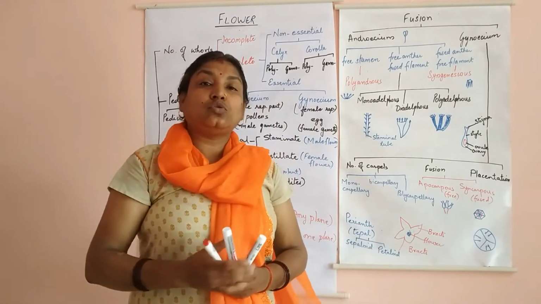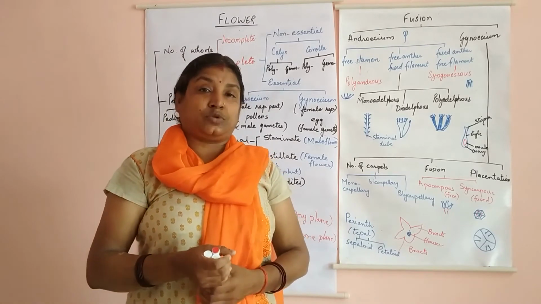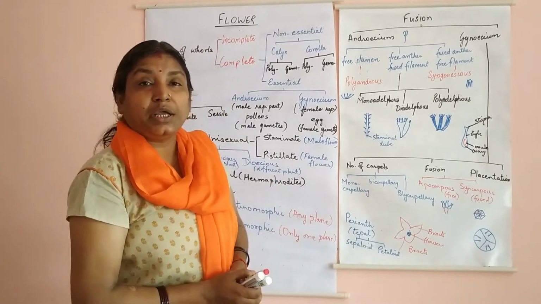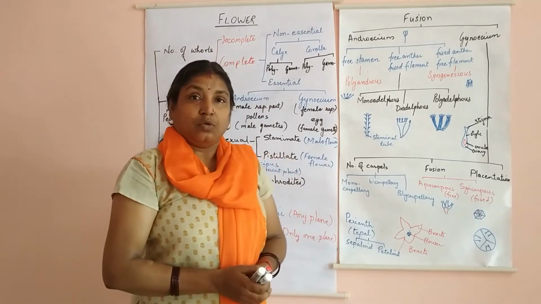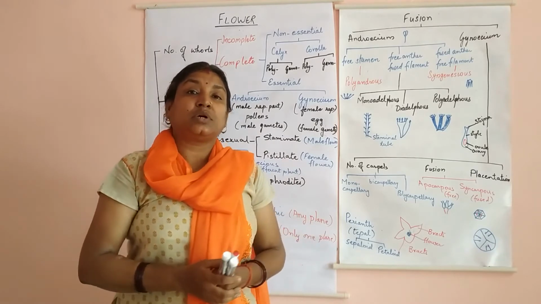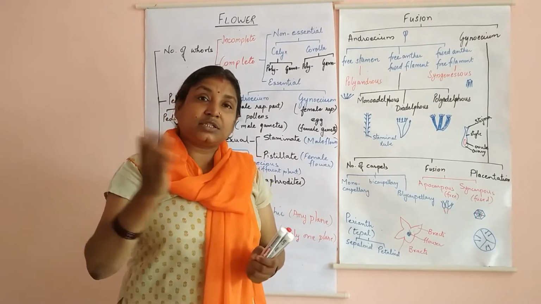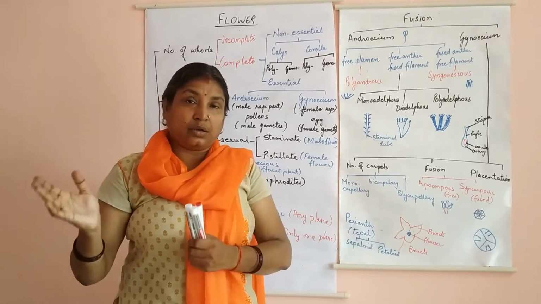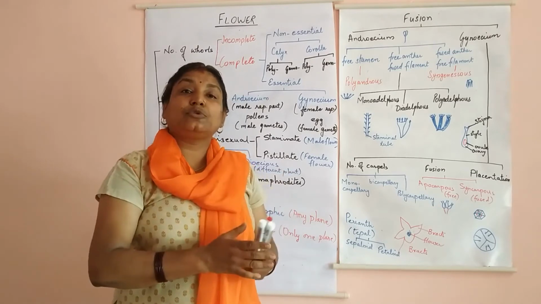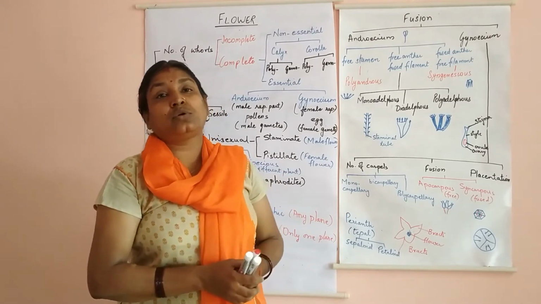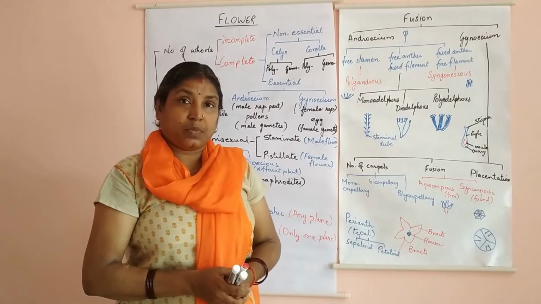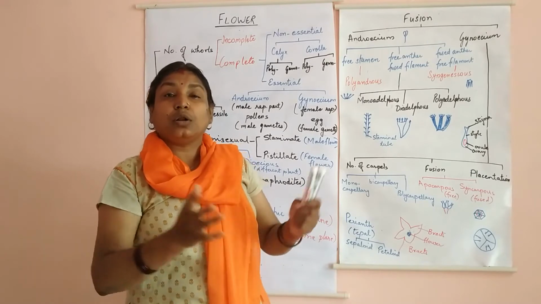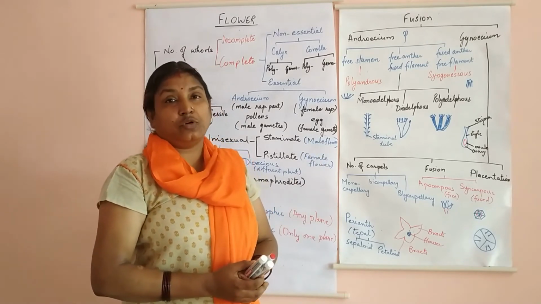Apart from this, there are two more structures called nectaries and spur. Nectaries are nothing but special outgrowths containing scented liquid, which is very rich in sugar and serves as food for insects. So insects are attracted by the sweet scent and they collect the nectar and feed on it. But in that process, they help the plant or the flower to carry out pollination. Spurs are also special outgrowths for enhancing the beauty of the flower.